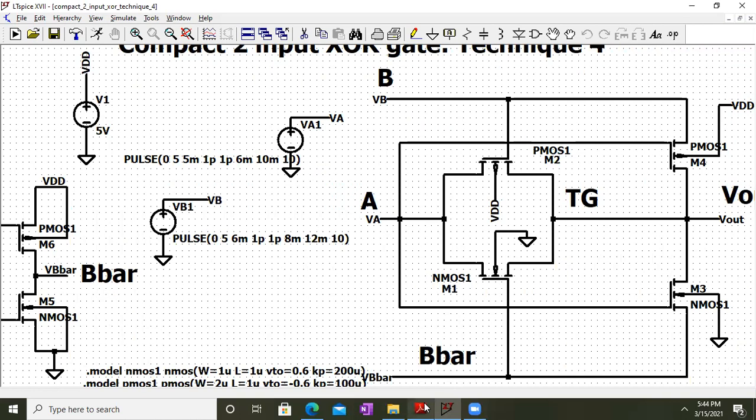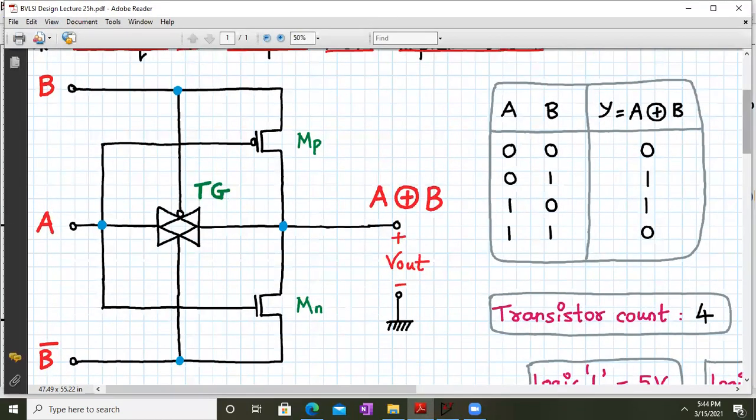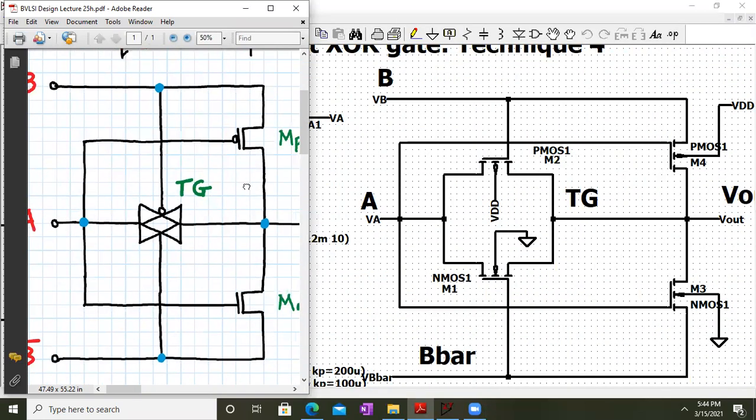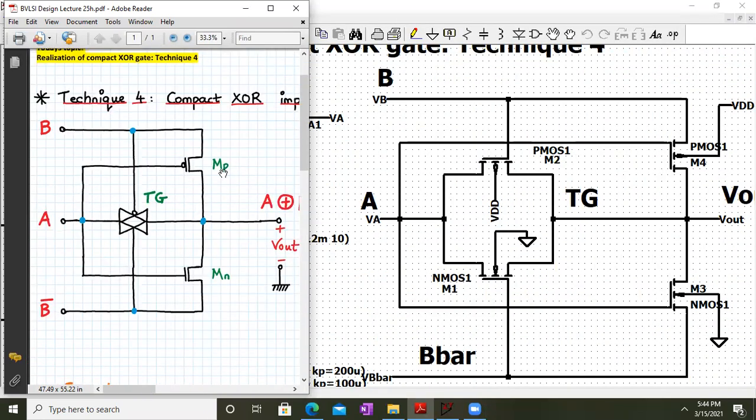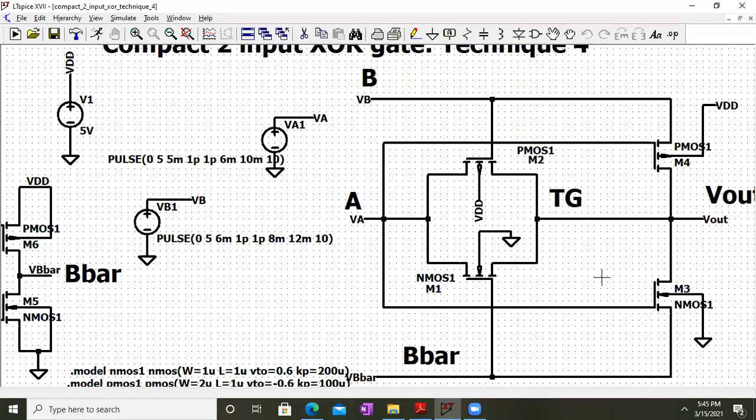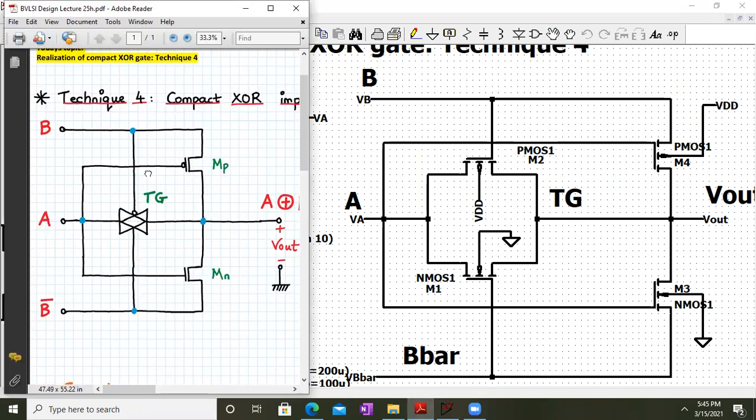So this is what the LTSpice version of it looks like. Let me just minimize this. Okay, so let us look into it now in detail. So this is B, this is A, this is a transmission gate consisting of NMOS and PMOS pass transistors. Remember, for all the PMOS pass transistors you have to connect the substrate to the VDD, and for the NMOS pass transistor we have to connect the body terminal to the ground. For PMOS, we have to connect the body terminal to the VDD. Okay, so here are the connections.